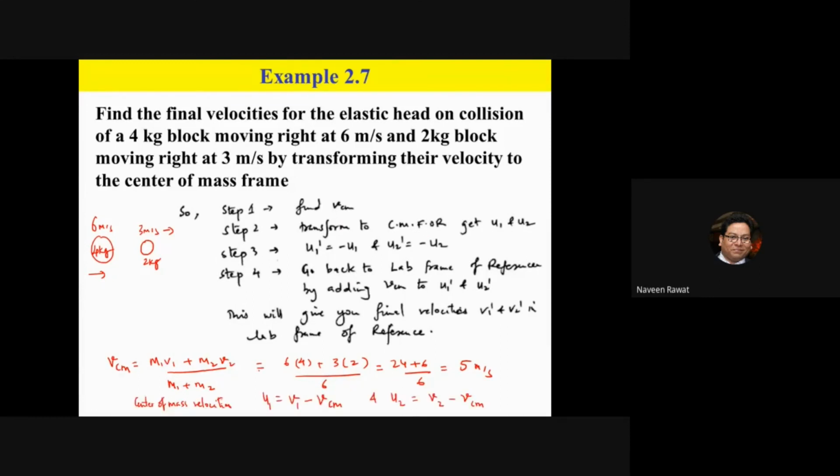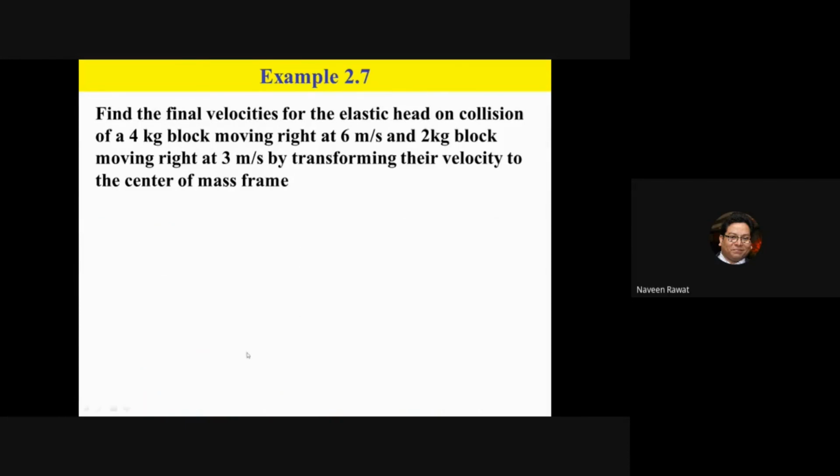Okay, now in the next step, what we need to do is transform from the lab frame of reference to the center of mass frame of reference. The formula to do that is given here. The u, which is the velocity in the center of mass frame of reference, is equal to v, the velocity in the lab frame of reference, minus v of center of mass. Okay, so let's see how that